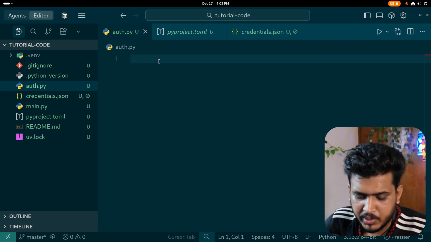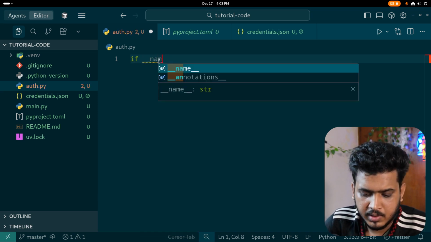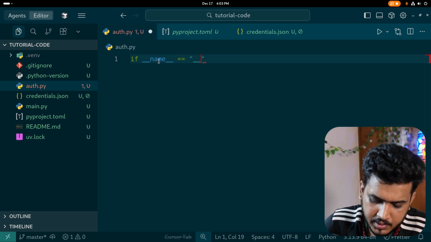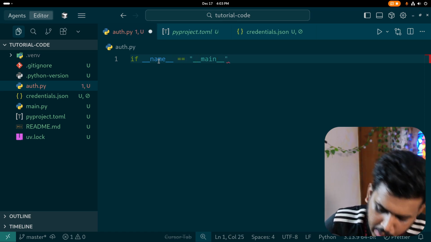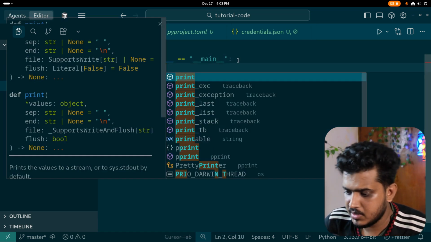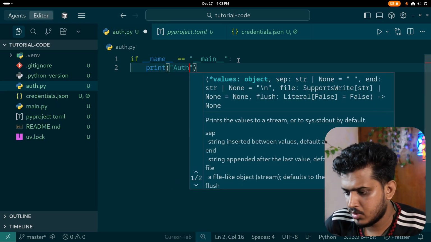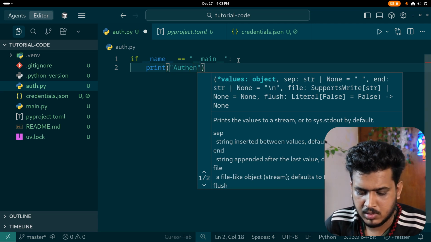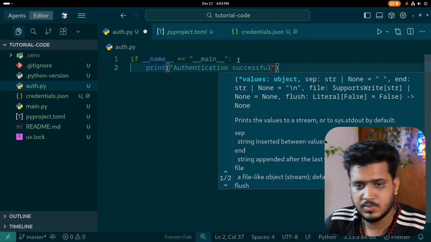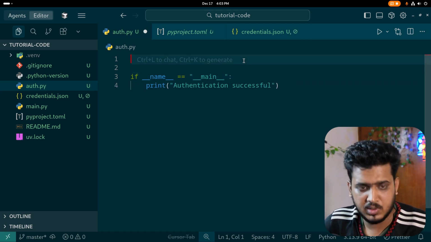Okay, at the beginning we are going to create if __name__ == "__main__". Here I'm going to just print something, print "authentication successful", and here I'm going to create a function with the name of